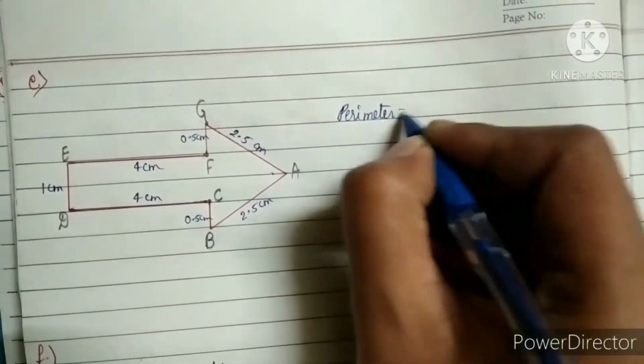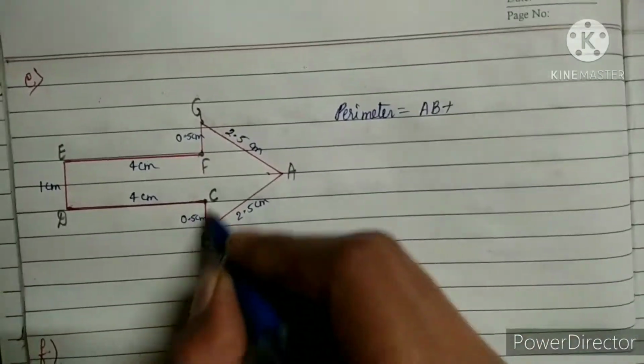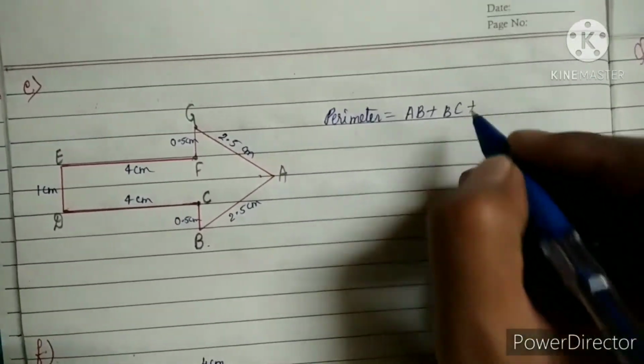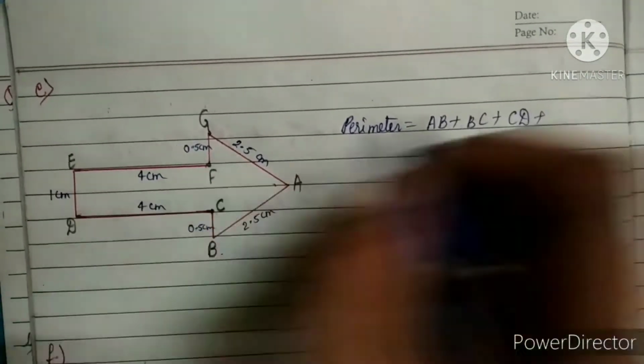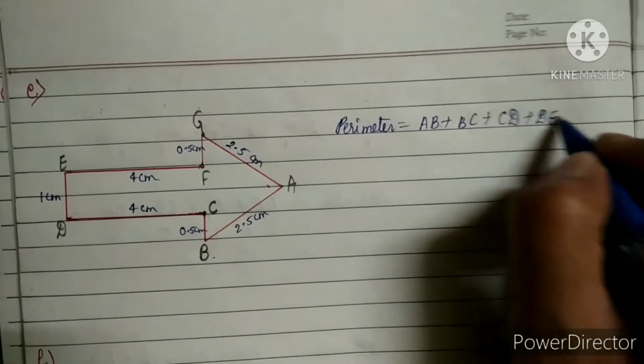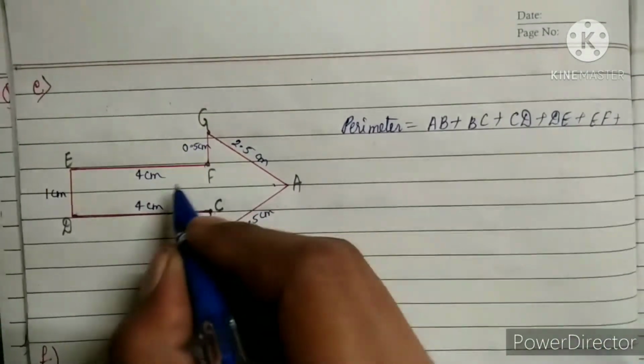So simply we will start from AB. AB plus BC plus CD plus DE plus EF plus FG